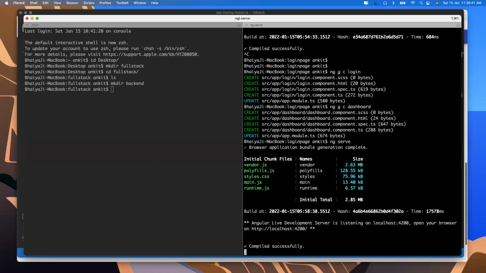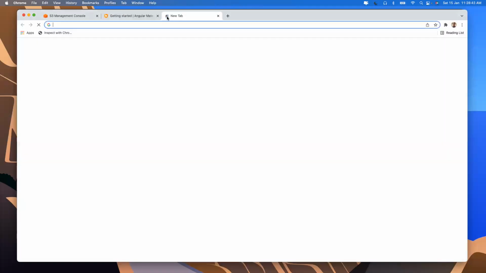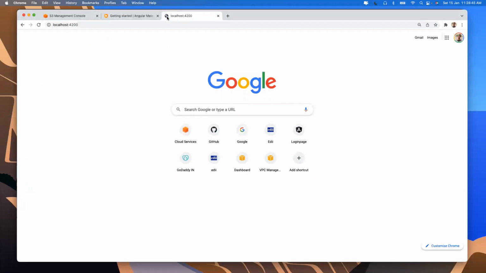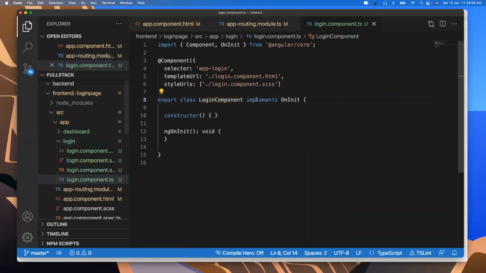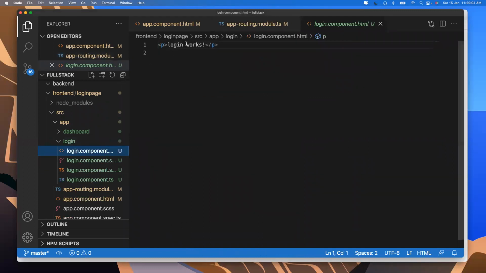Okay, if everything is good, let's go back to our code over here, 4200. And it says login works because it has taken me to the login page. And why has it taken me to the login page? Because I decided that if I don't give anything, you should take me to the login component. And what is actually inside the login component? The login component is saying open app login component HTML, which basically is this page over here, and it says login